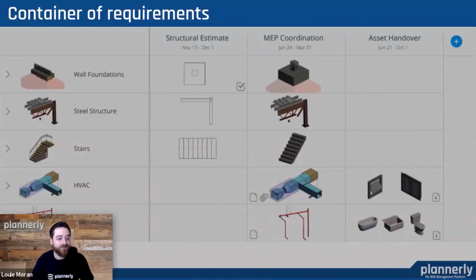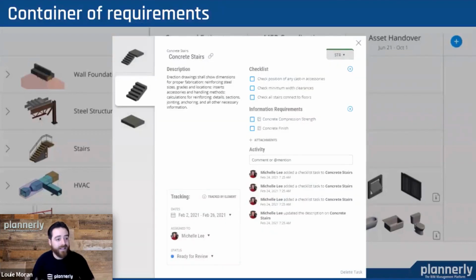Many teams have this challenge of trying to put all of this into a spreadsheet, and spreadsheets are limited in what they can do in regards to the visual nature of them, how much information. For every piece of information, you've either got to make some great formula or you've got to add another column or row. Within the app, you build this and it's ready for you to just click away and assign. While you're answering all these questions that we just went through, you're making this container of requirements. So each one of these assignments that you've added is gathering all this information, and it's your one-stop shop to reference this information, to communicate.